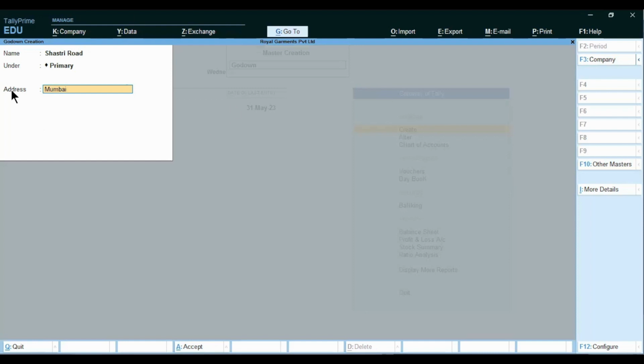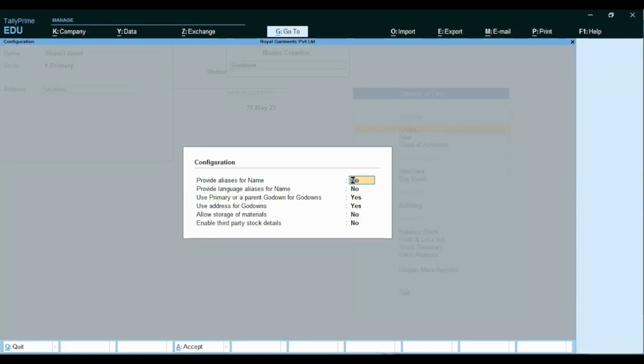The configuration of the Godown creation can be changed by pressing F12 from the keyboard. If you want to provide alias, you can press yes. If you want to have the language alias for the Godown, enable it. Use primary or parent Godown, yes. If you want to write down the address, enable this question. Allow storage of material or enable third party stock details. If you want to enable this, keep all the questions yes and answer all the questions in the godown